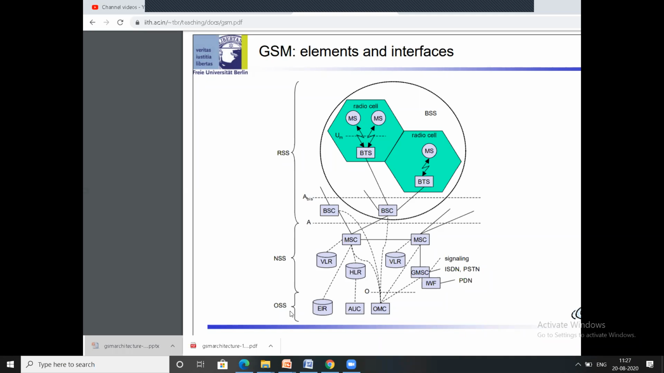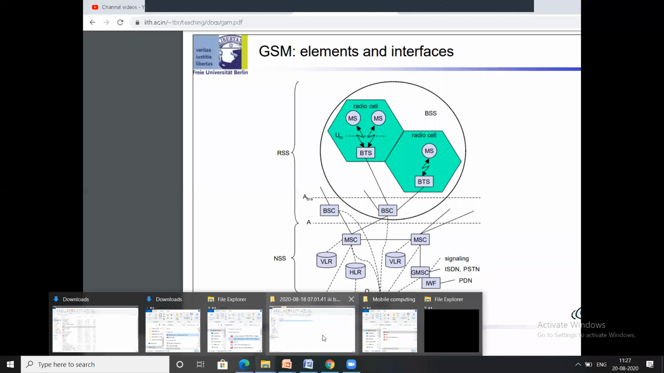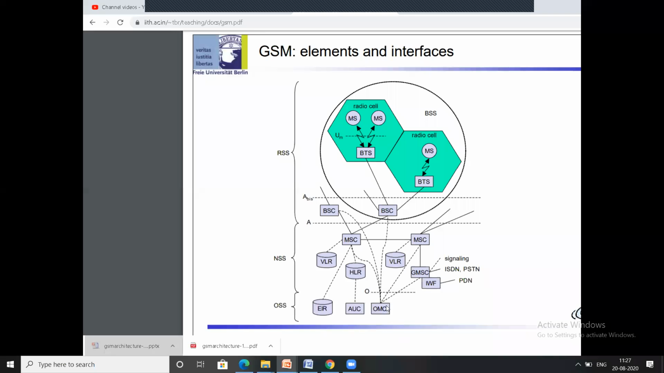And the last one in the GSM architecture is the OSS, that is, operations and subsystem. The component in the operations and subsystem is only one, that is OMC. Here, see my cursor, the last one, OMC. OMC is nothing but operations and maintenance center, and it is connected to, see carefully here, this